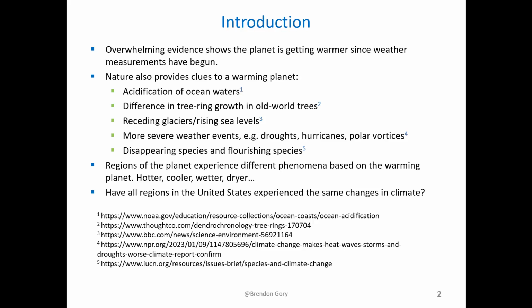So climate change just means something different to a particular region within the globe. That's what we want to explore a little bit more, and we're going to do that by looking at 16 cities in the continental United States. We chose cities that represent different regions within the country. So we have the hot, dry Southwest and the more temperate, cooler, wetter regions of the Pacific Northwest and the Northeast, as well as warm, humid conditions in the Southeast.